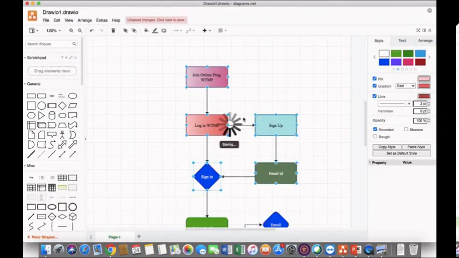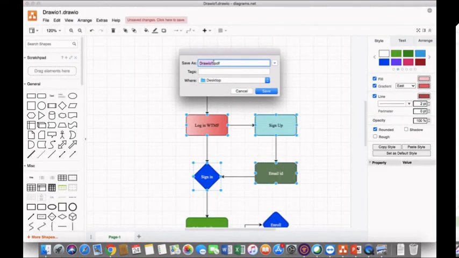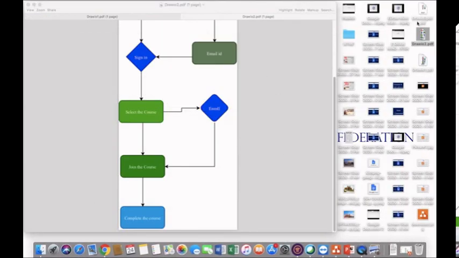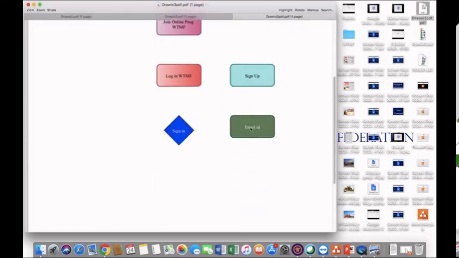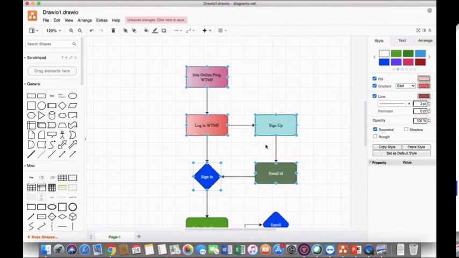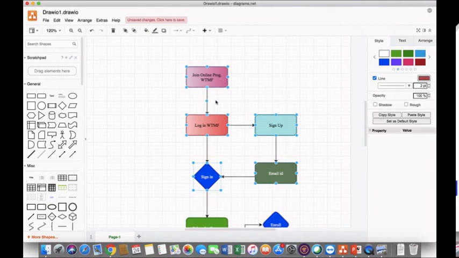So I'll click on selection only, click on export. This will ask me to rename it. I'll rename it as 3. I'll click on save, and now again if I minimize it, we can see this file is available to me. Okay, why are these lines not available? Because I haven't selected the lines also. So if you want to add these lines also, you have to select these lines,